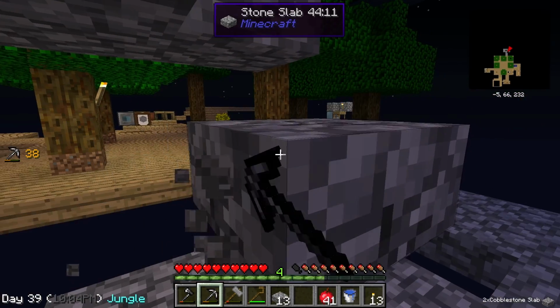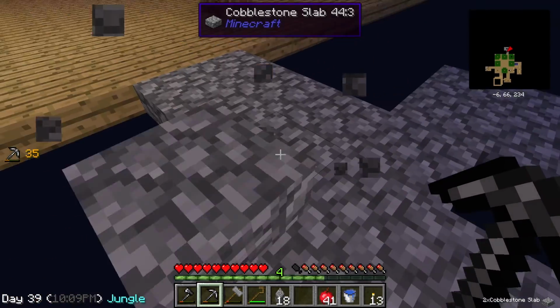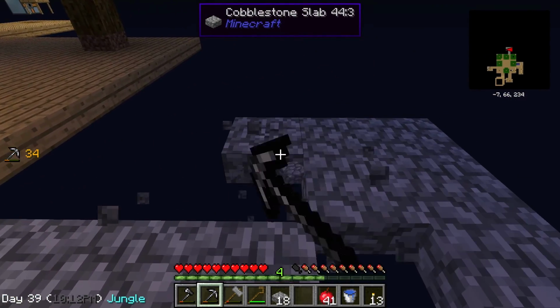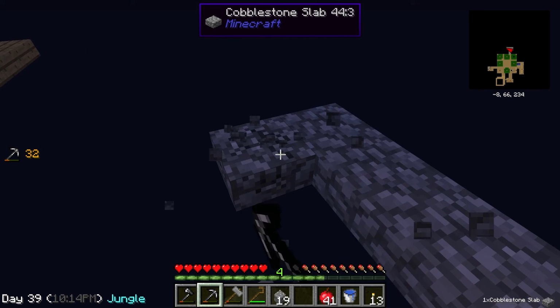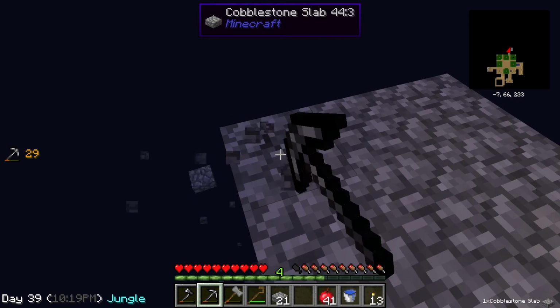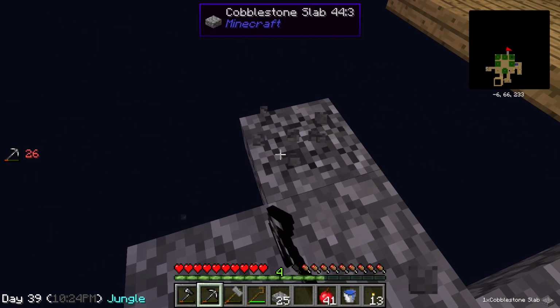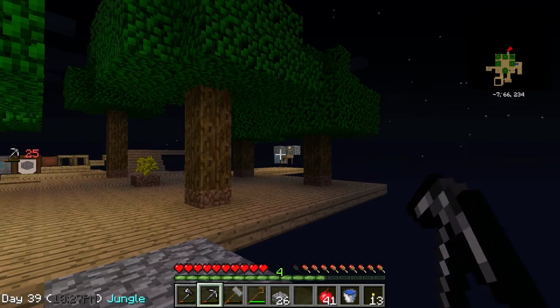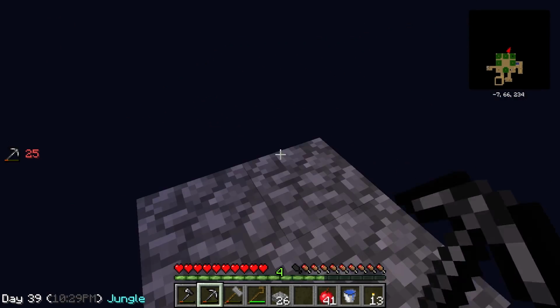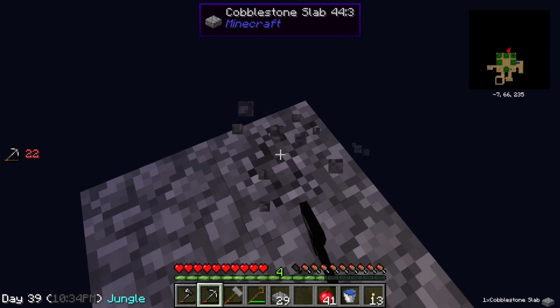So what we're going to do today, in addition to the Tinker's Construct smeltery, is set up a very simple mob farm. Because mob essence is also something that I'd like to get into, using liquid XP and stuff. So we need a way to grind out some levels in a hurry. And considering we're in the void and there's nowhere else for hostile mobs to spawn, it won't be very hard at all to set up a super efficient mob farm. And I think I'm going to use...